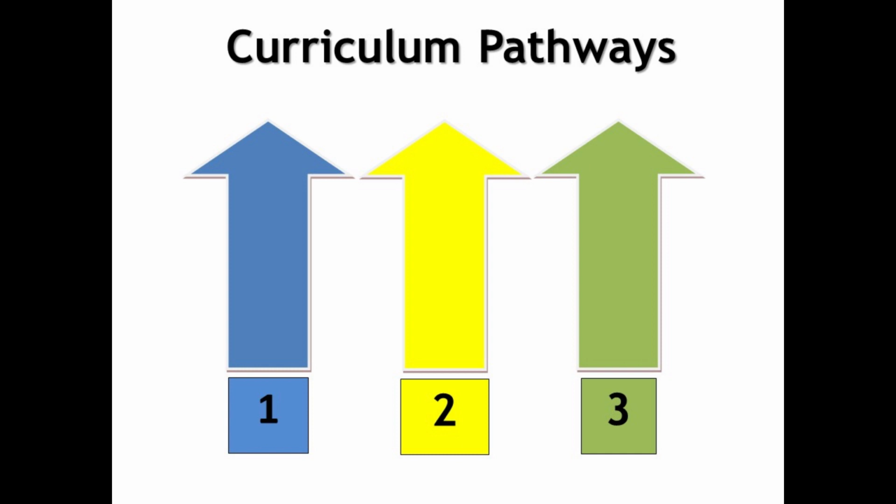It's really important to remember that no one pathway is better than any other. Our 3 pathways are there for guidance, looking at students' previous achievements and experiences in school, and we try to support you as a family in making choices that are going to enable your child to be successful right through until Year 11. We've considered a wide range of information when putting these pathways together,